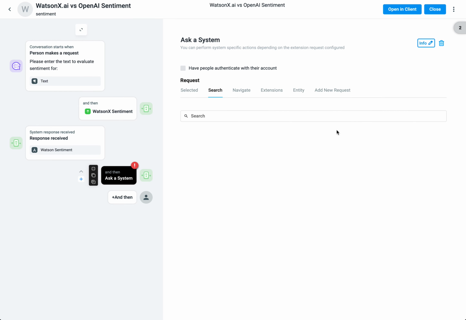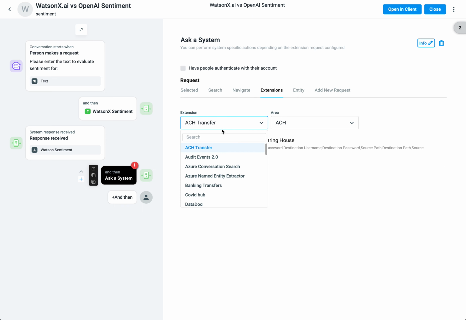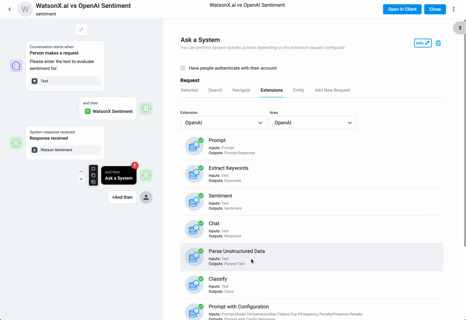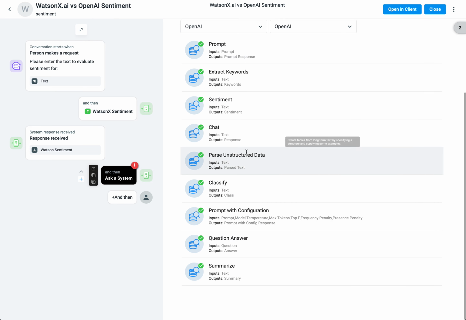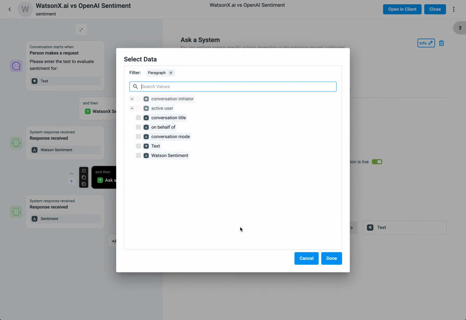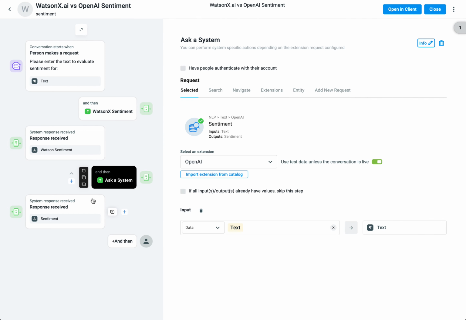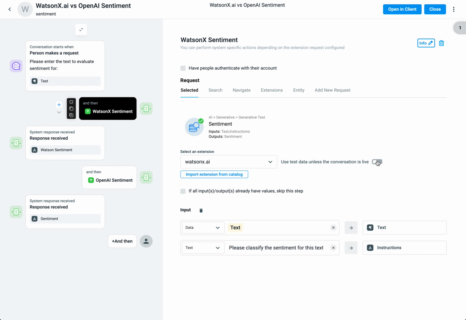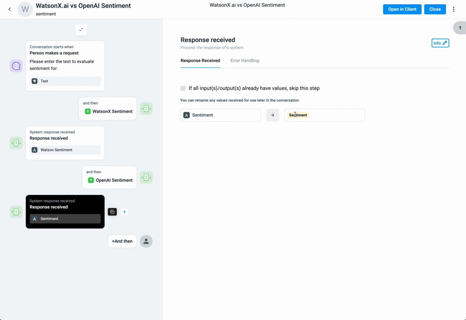And then we'll do another Ask a System step. And we'll use OpenAI this time. And there we go, OpenAI. We've got sentiment here. And we're going to pass that text. Two things. Gotta make sure we turn that off. And then also OpenAI sentiment, WatsonX sentiment, make sure that's off as well. Call this